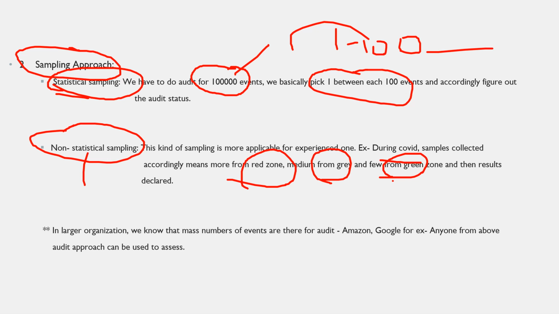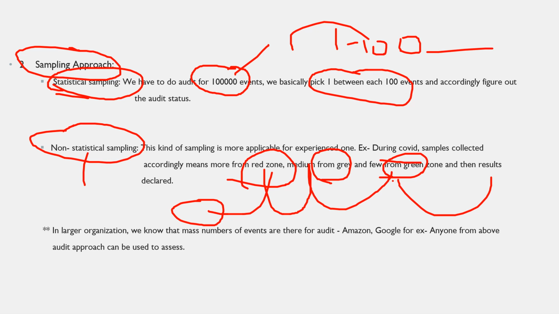So accordingly, you have to pick the samples, because you know very well that in the red zone there is the maximum number of infected people, so you have to pick more samples from the red zone and accordingly from the other two zones as well. This is the method for picking samples. In a similar way, if we can relate this within the technical form,